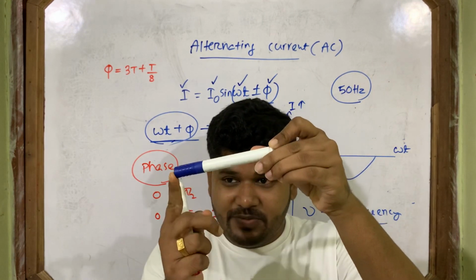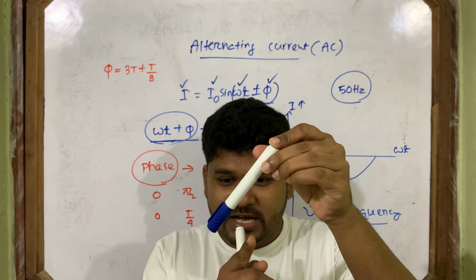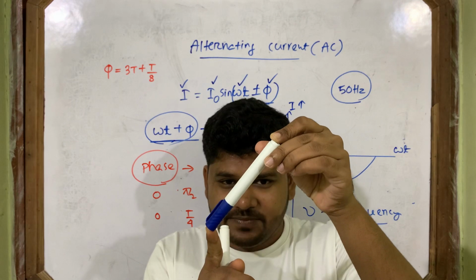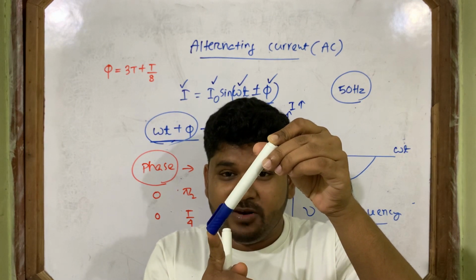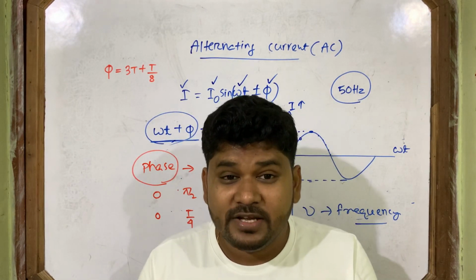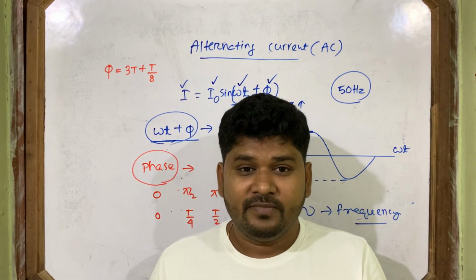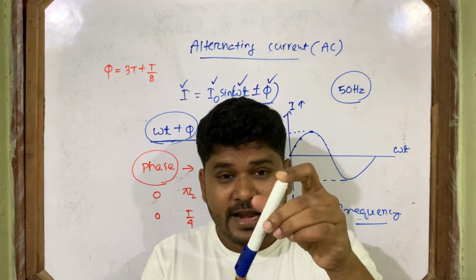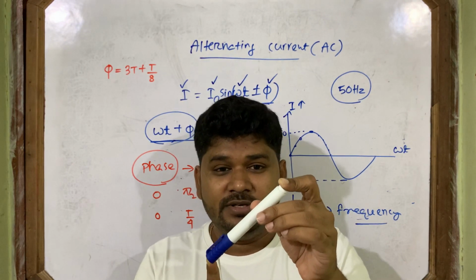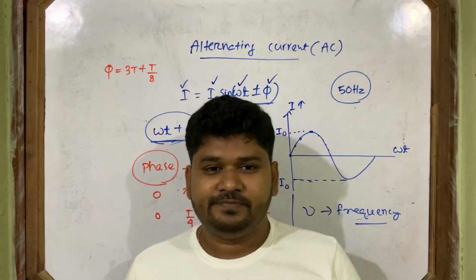Between 0 to T by 4, just in the middle, T by 8. Here the body is. Now it's at T by 8. T by 8 means it moves from this mean position to T by 8. After that it will go to T by 4, to this side, up. We got the information that it already completed how many oscillations, which position it is at, and where the body will move. T by 8 means from 0 to T by 8 here, and it will go to T by 4.